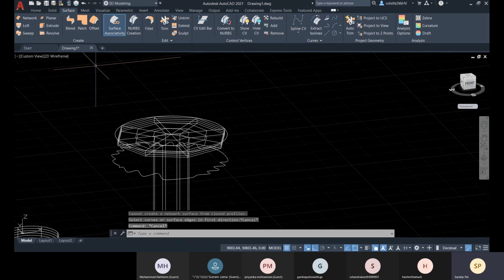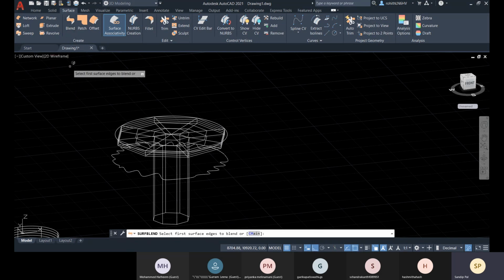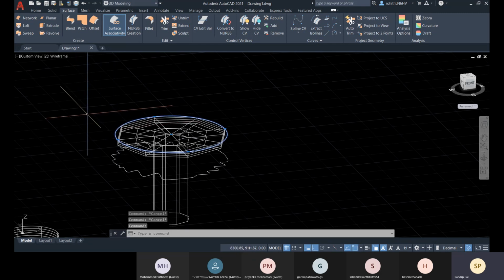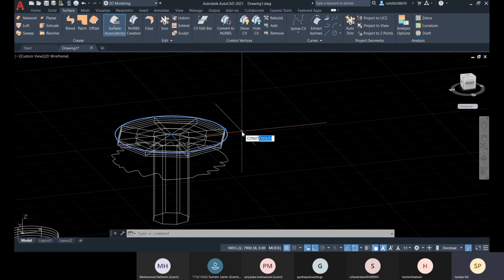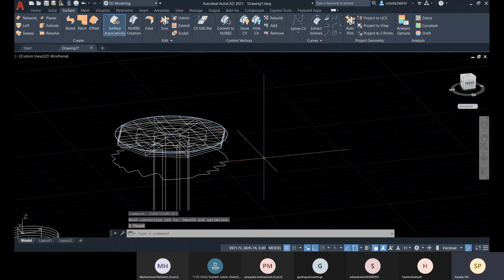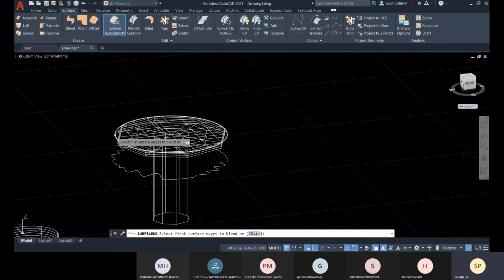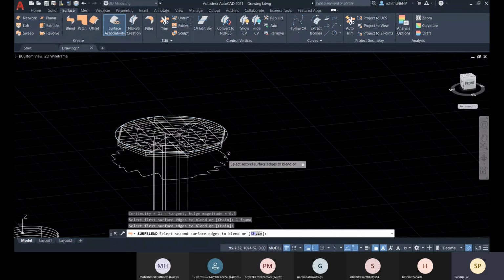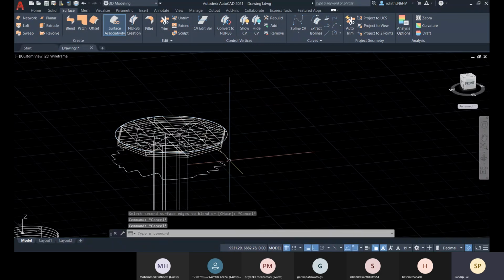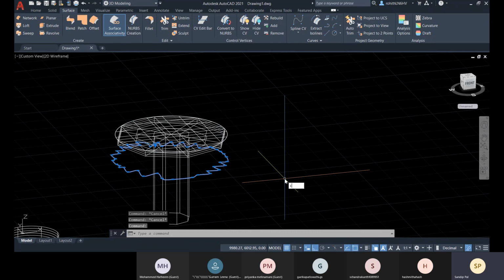Okay. So this is the surface now, and now let me go for blend. And about this, it's not a surface anymore. So let me convert.